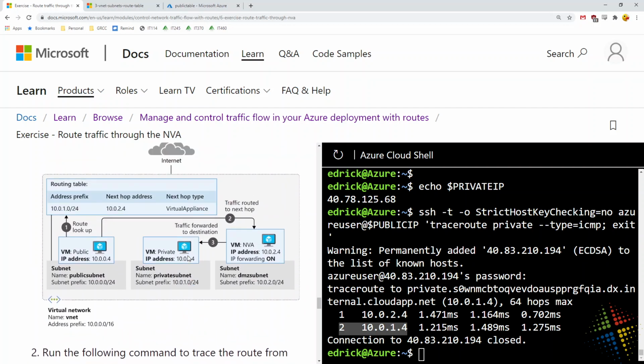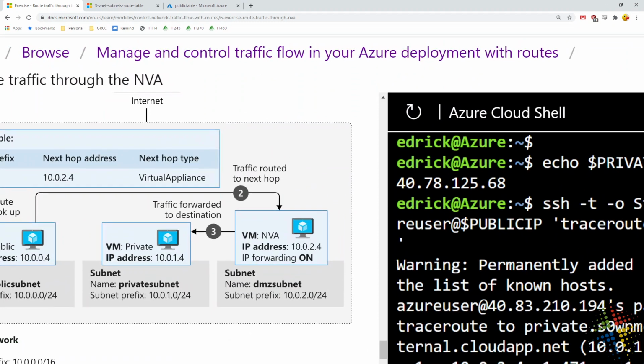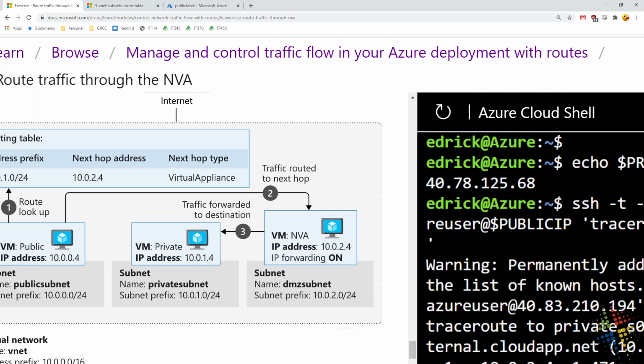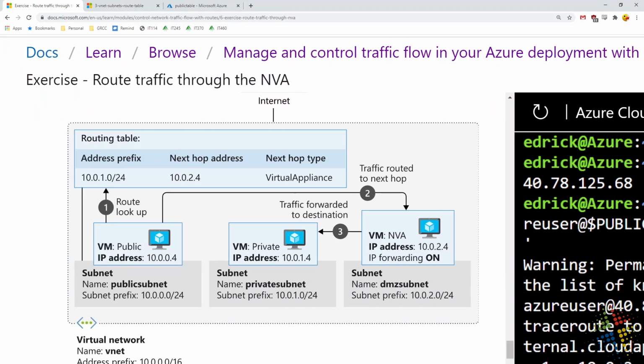And there we can see a really nice diagram explaining what's happening here. So as we were here on the public machine, we said, hey, we want to ping, or we want to connect with the private VM. The very first thing we did was we looked up at the routing table, not the virtual machine, but Azure looked up at the routing table and it says, oh, well, you want to go to 10.010? You have to go and talk to this guy first. So Azure routed us through